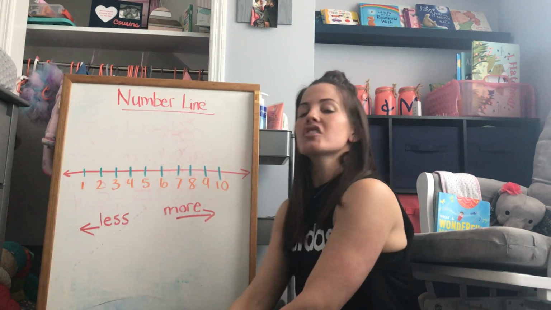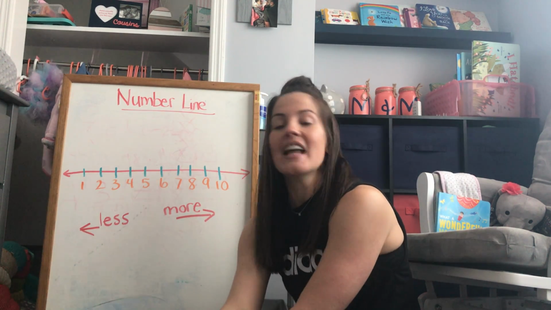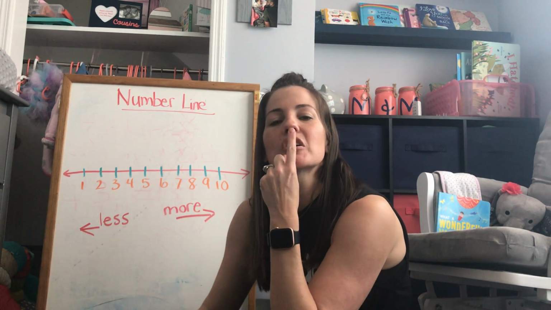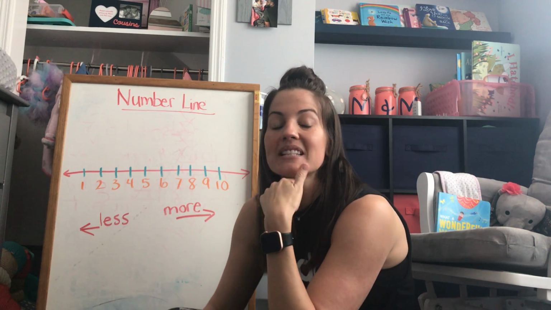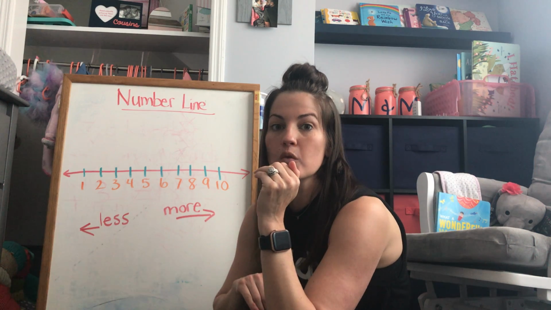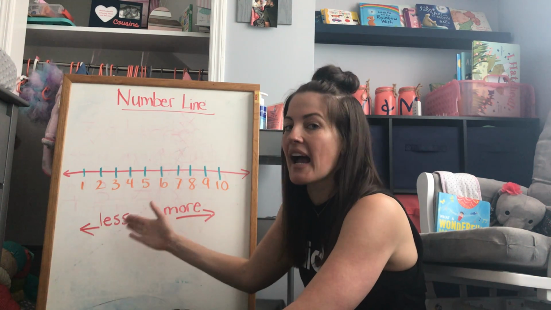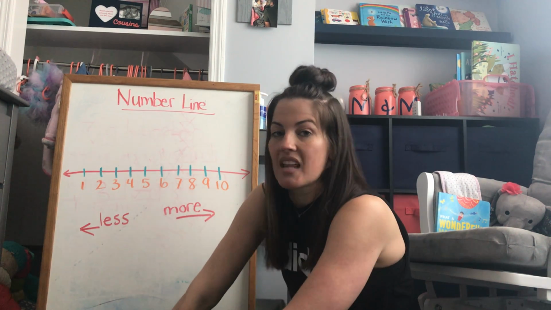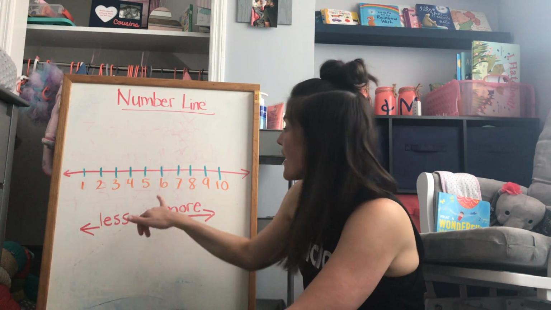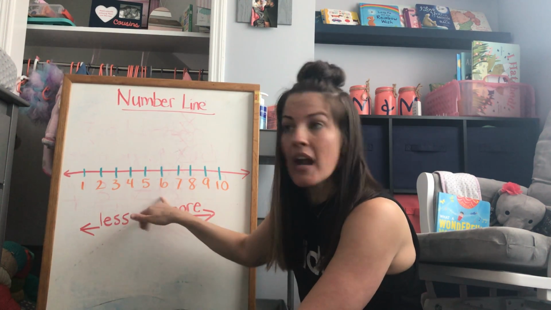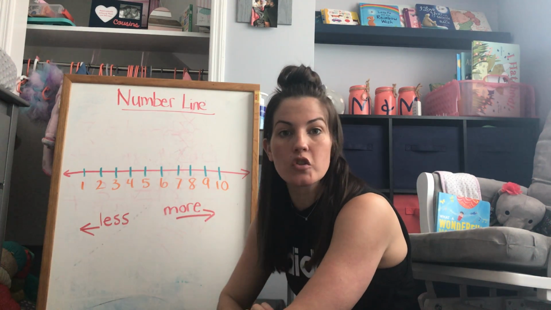So our job today is going to be a game called Missing Numbers. On Miss Sims' chart, she talks about how we can use a number line to figure out numbers that are missing. Moms and dads, I'm going to upload that chart onto our Schoology page too, so that you can have it in case you want to use it as a resource at home. I can use this for all kinds of things, adding, subtracting. The number line is a resource. Say that word. Resource. You could make a number line at home using Post-it notes or paper and hang it up on your wall so you always have it when you're doing your math job.